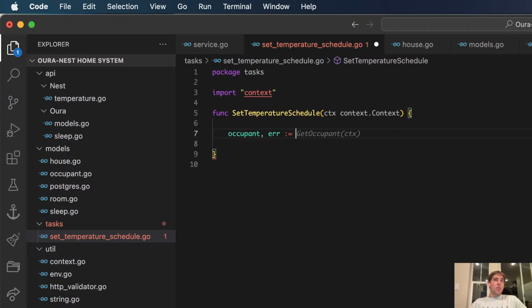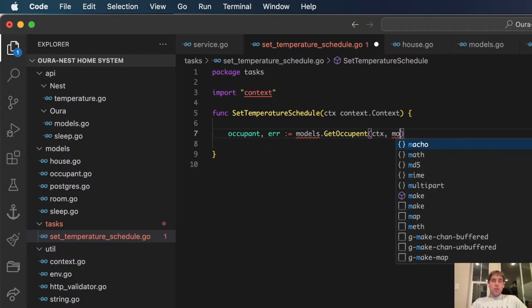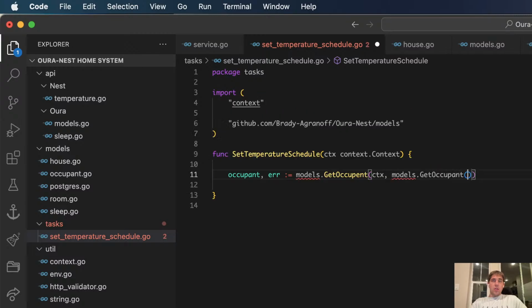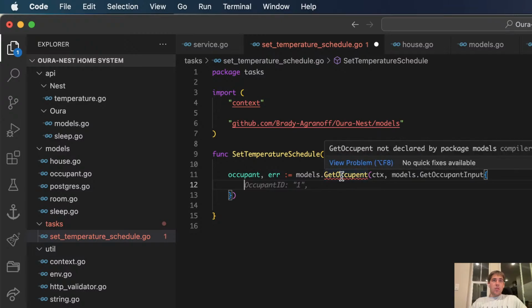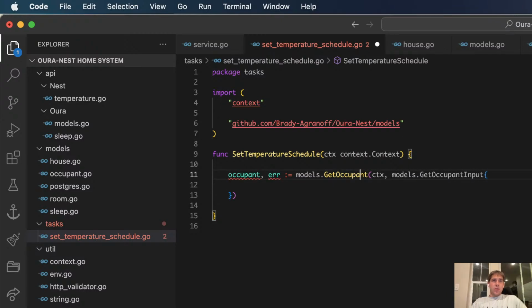Let's say models get occupant, get context, and get occupant input. The ID is going to be set to 1 for now.